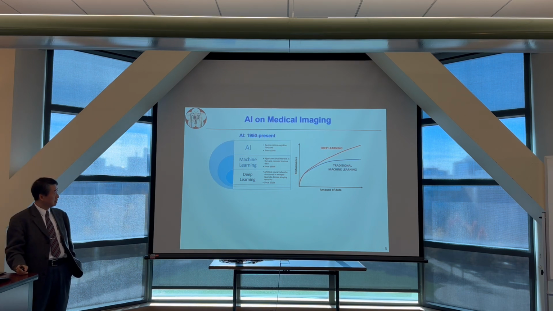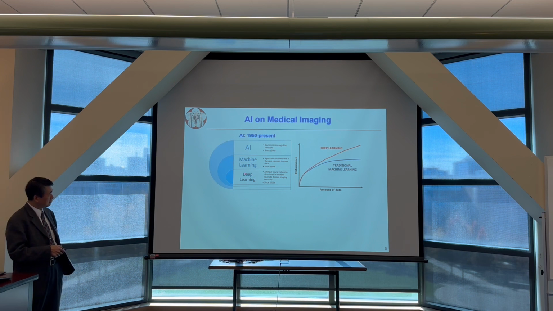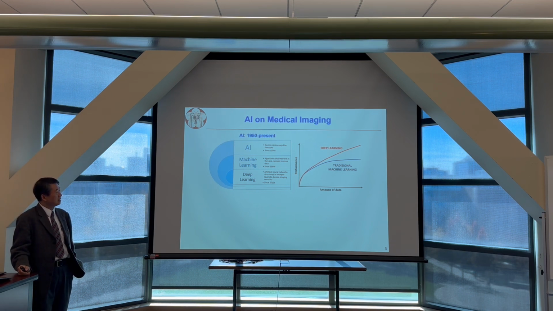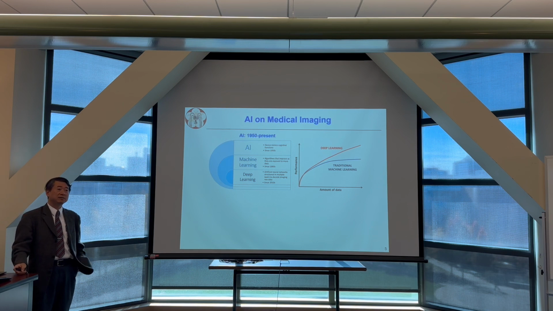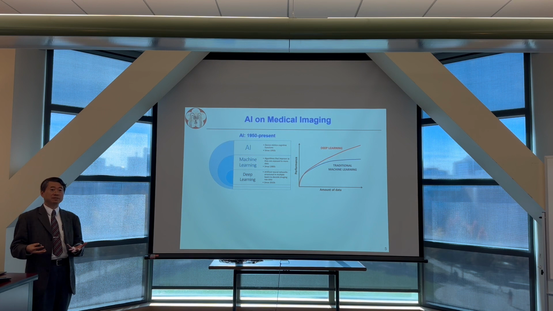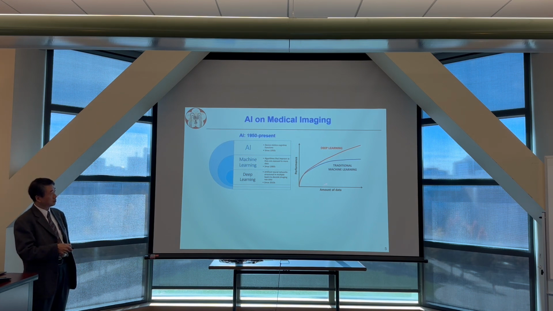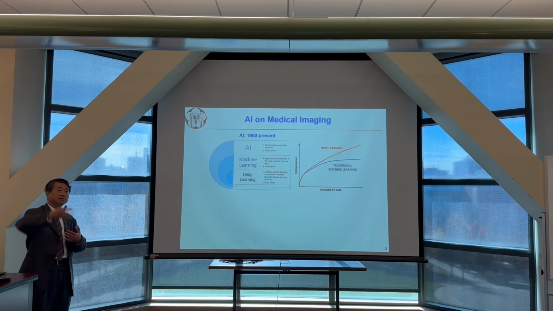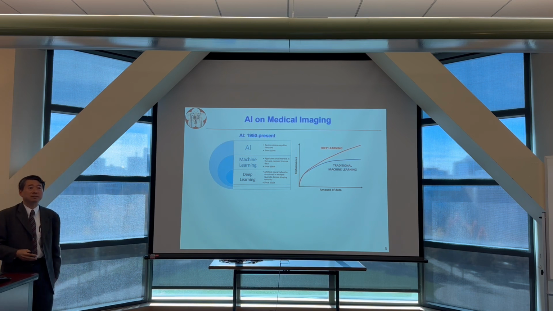AI, but very recently people started to talk about deep learning. The reason is that if you look at this figure, on the horizontal axis is the amount of data. So apparently in case you have larger data, then you should have better performance. But in case you use a machine learning algorithm, when the data is very big, the performance kind of saturates. But in case you use a deep learning algorithm, you can keep on improving the performance in a